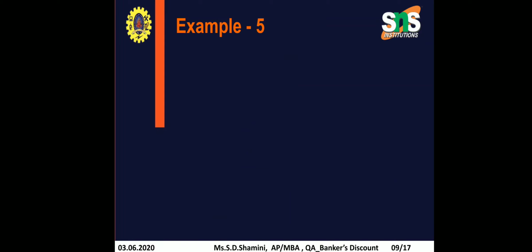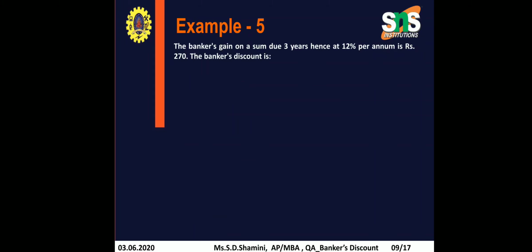And your next problem: the banker's gain on a sum due 3 years hence at 12% per annum is rupees 270. The banker's discount is, the options are rupees 960, rupees 840, rupees 1020 and rupees 760. So the banker's gain is given as rupees 270, the time is 3 years and the rate of interest